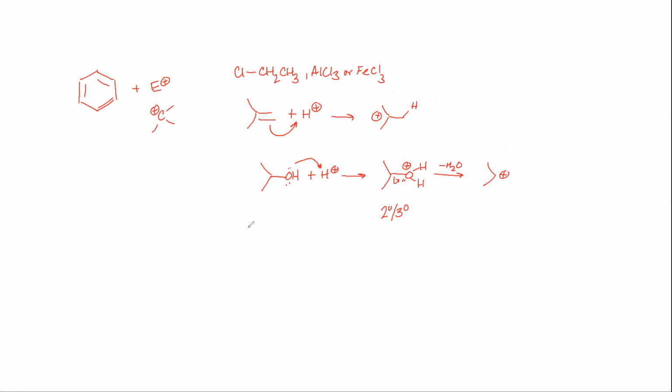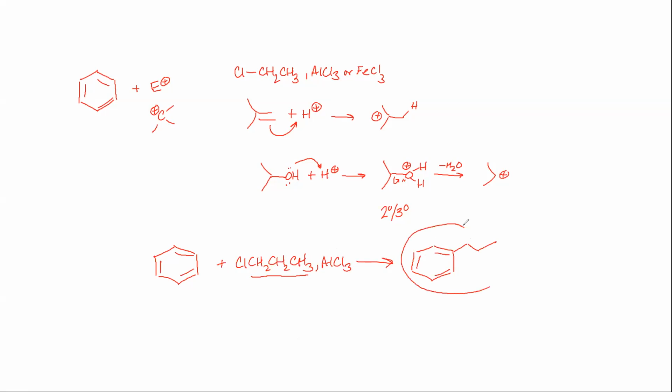And the caveat here, and I'll just mention it because it was something that was missed more than once: remember that if you try and do Friedel-Crafts alkylation with a straight chained alkyl halide, you will not be able to add that straight chained group. You will not get that. Instead,